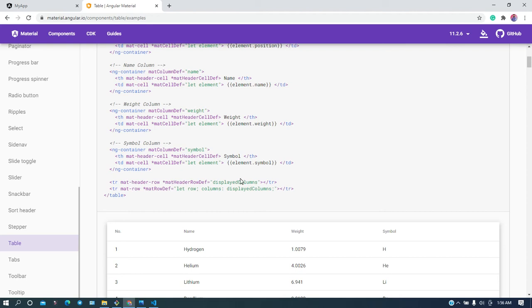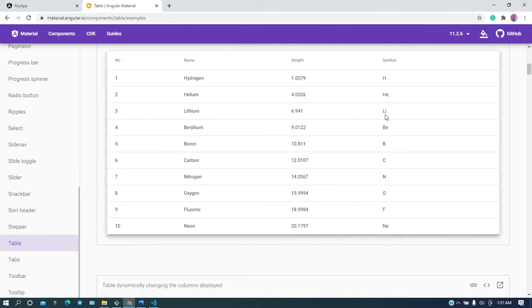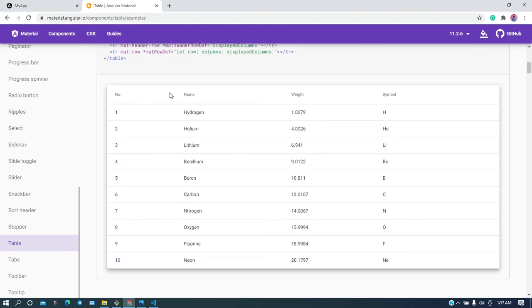If you want to use a different variable, then the same variable name you need to provide here. And another tr is let row, it is just a variable, matRowDef with displayedColumns. You just need to write these things, and after that your table will be visible in this way. This design, this data table will be visible. That's it.